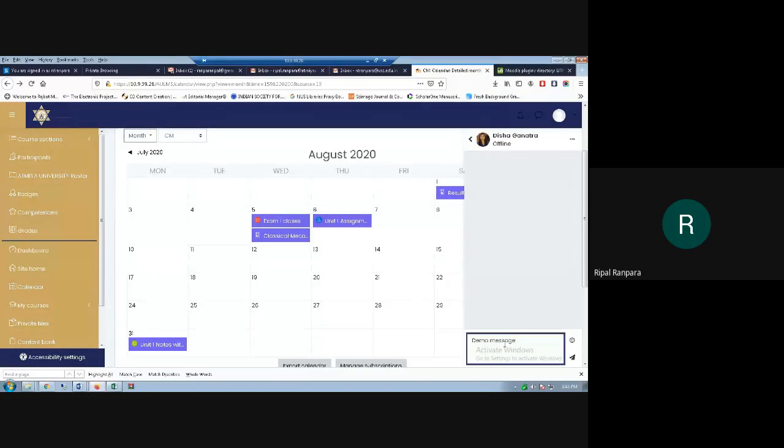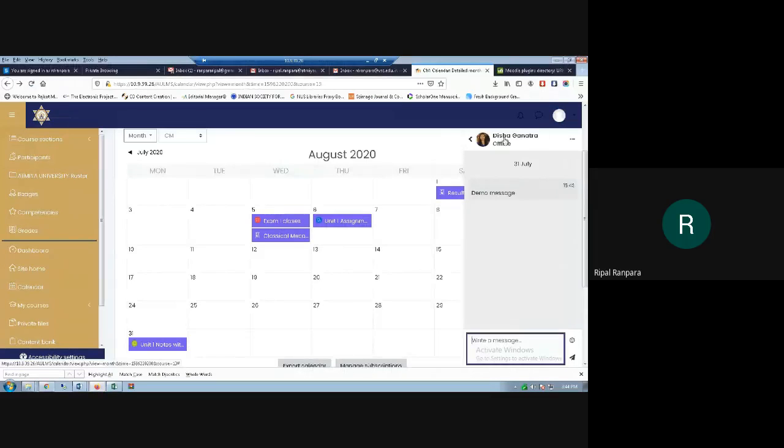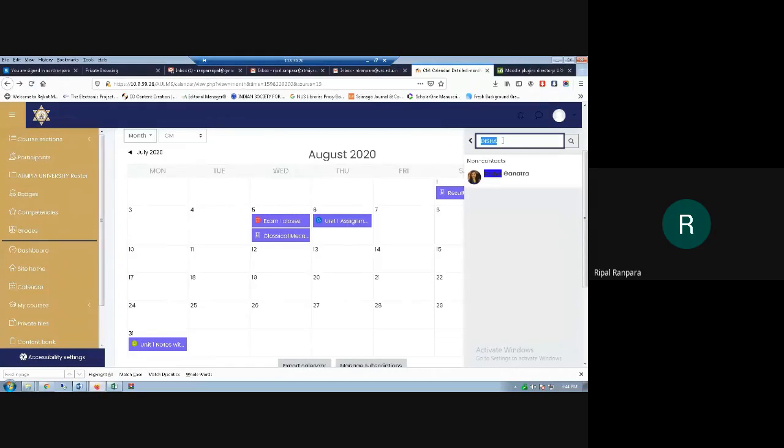Once I send it, the message will be displayed in the dashboard of Disha ma'am. Let me message Neha ma'am as she is online. I search for Neha, Dr. Neha Patel, type hello ma'am, and send.